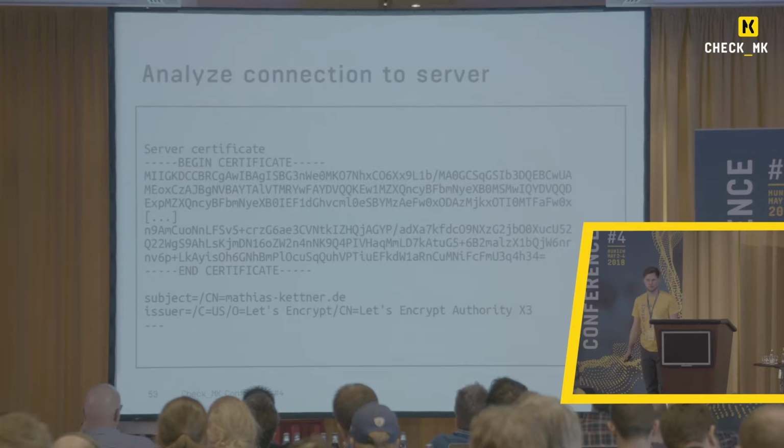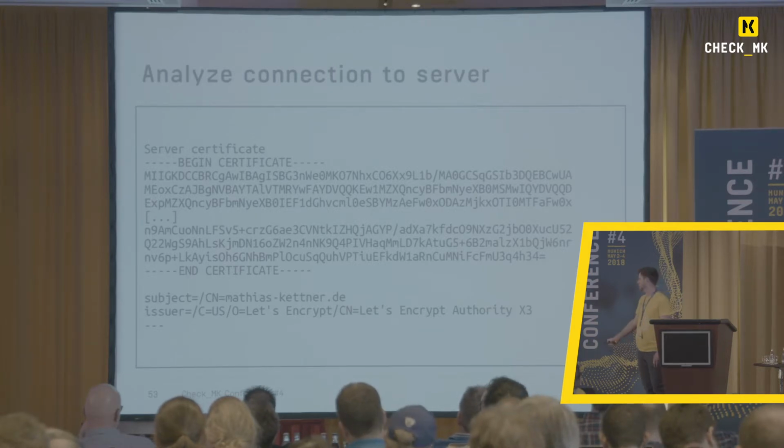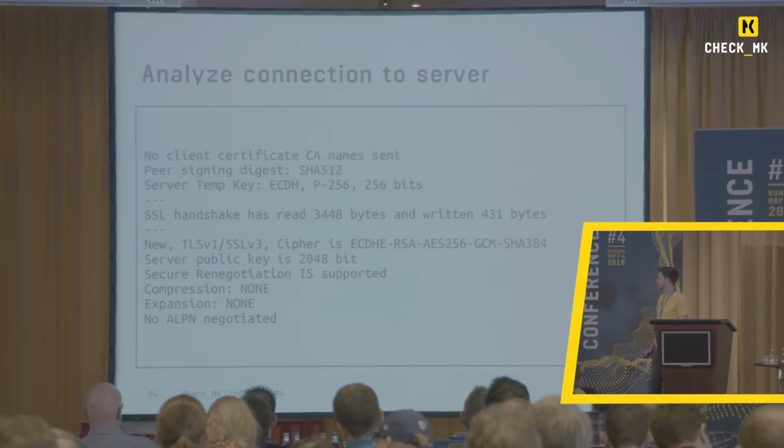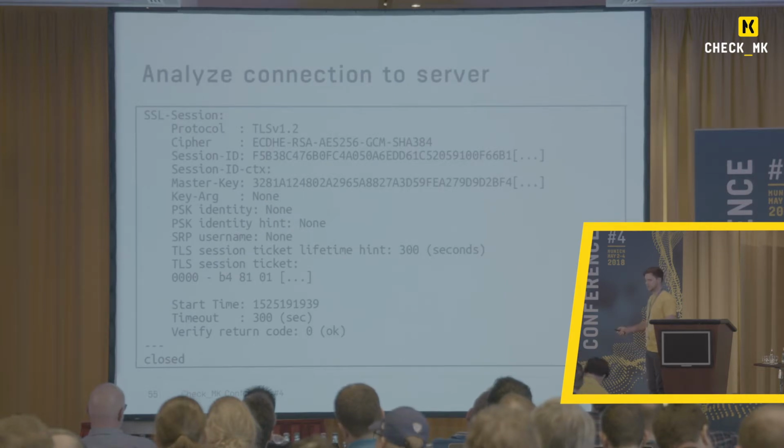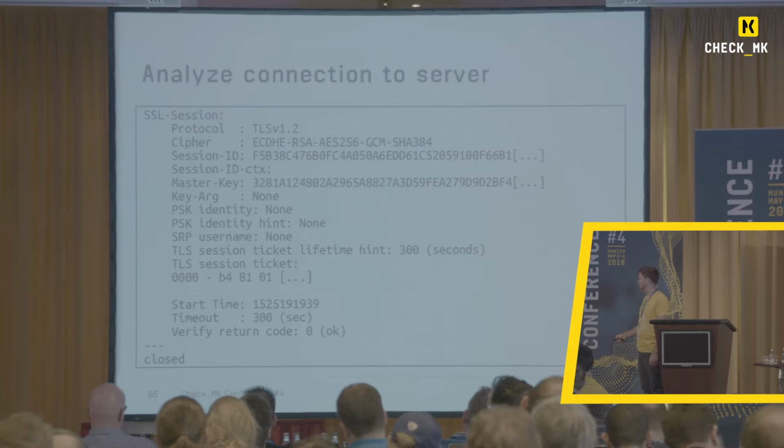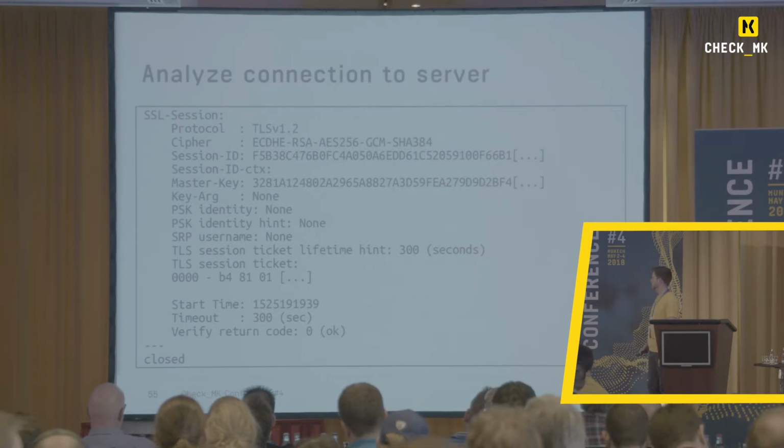Then you also see the service certificate itself. I just abbreviated a little bit, it's usually a little bit longer. And you also see the data subject and issuer of the certificate itself. And then also the connection data that you can analyze if you want to. So what you see here is the whole SSL session, all this data from the handshake as we saw it earlier, and at the end it's also telling us whether or not everything worked. So in this case it's A0 for OK. And of course you can